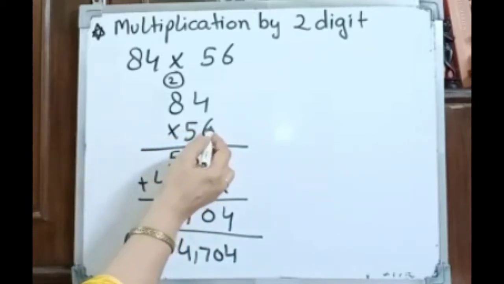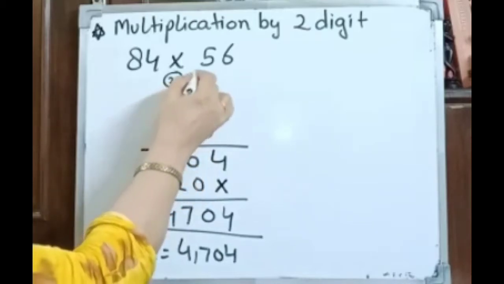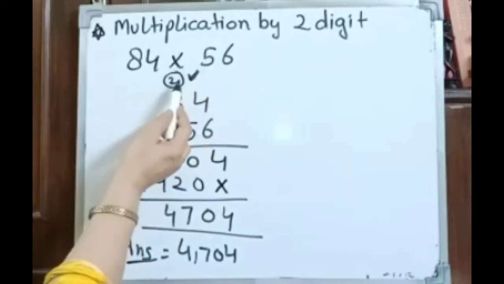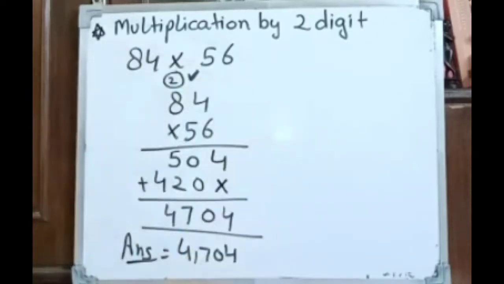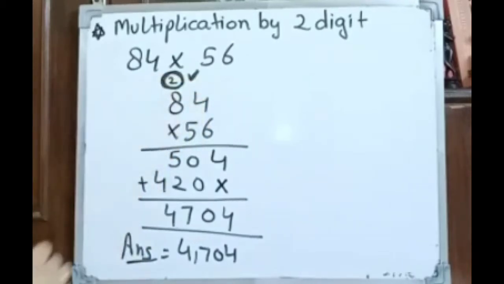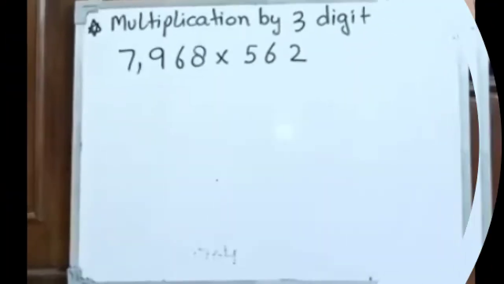This is the way. First you take the number in the ones place, then you take the number in the tens place and take care of this one. How we have to add, carry over the number, and how we have to borrow the number in subtraction, like that. We have to take this number. You have to make a circle and take care of this carry over. Here we have